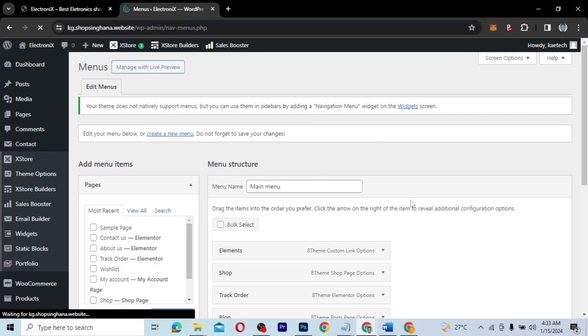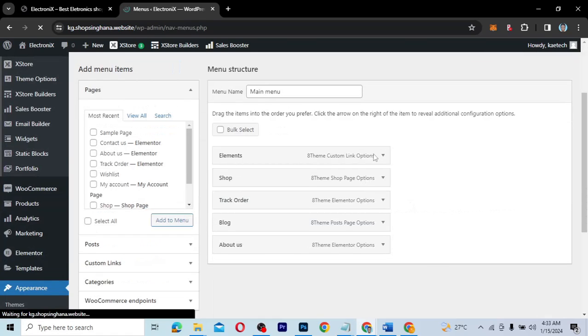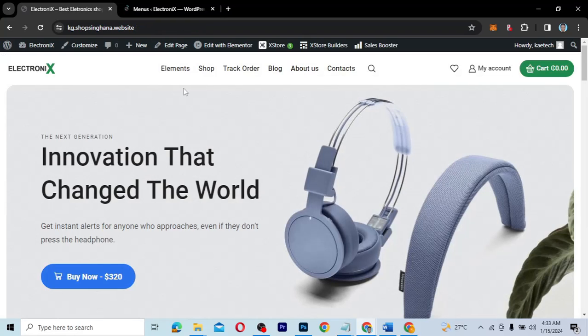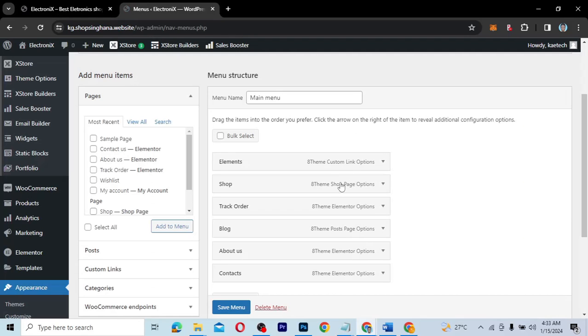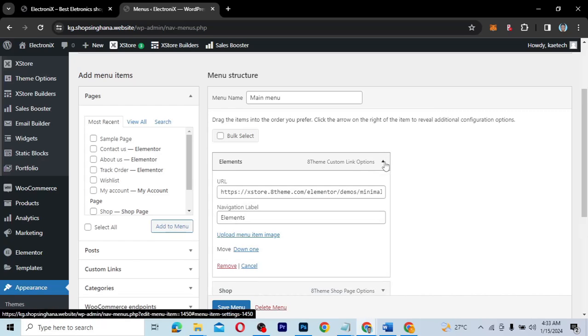So as you can see over here, this is our main menu, and we have 1 2 3 4 5 items over here. If you go over here, you see that we also have 5 items. So 1 2 3 4 5 6, I think this is 6 or so. Let me check and see why this is 5. 1 2 3 4 5. Okay, so this is also 6. So what we are going to do is remove this element over here,